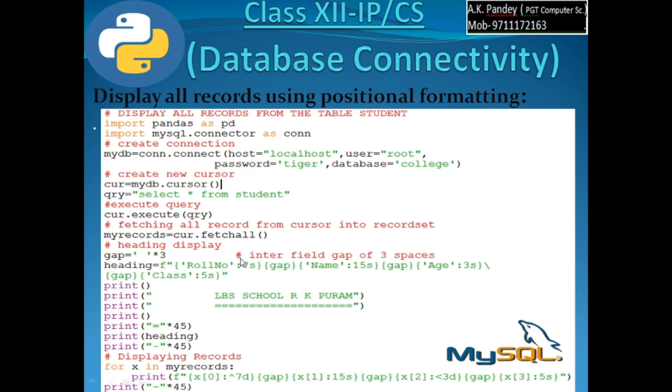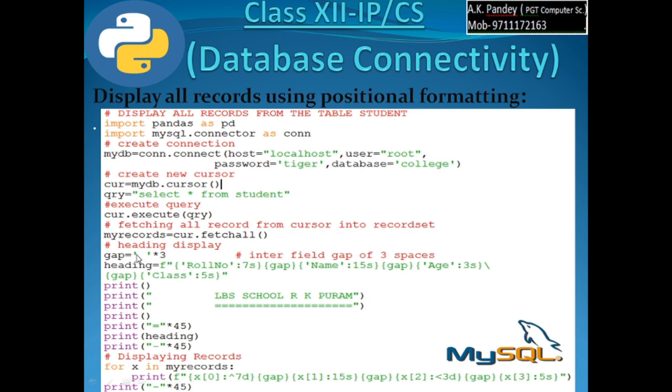So curly bracket close. So for each element we have the element name, the variable name, the literal name to be printed, to be displayed, colon its formatting characters, curly bracket close. Then I am putting a gap within curly bracket.